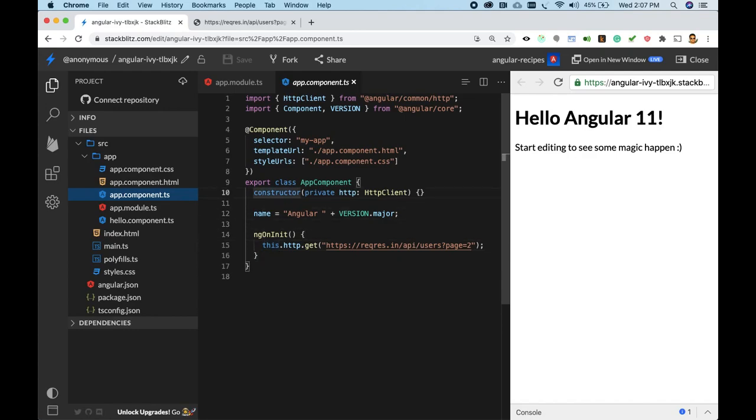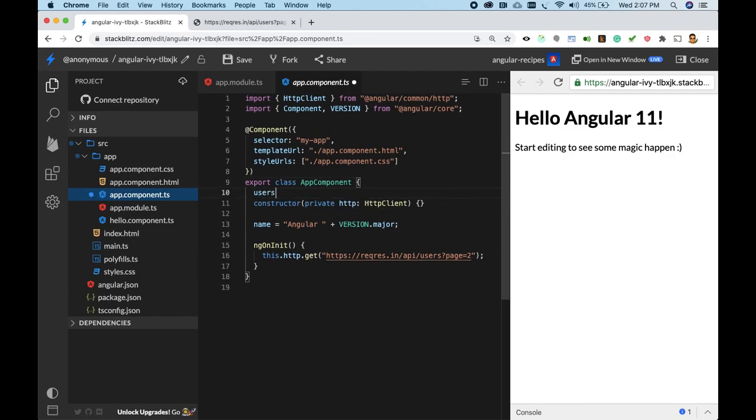So either we do something like this, users, and then we do dot subscribe, and a function like res is the response, this dot users equal to res.